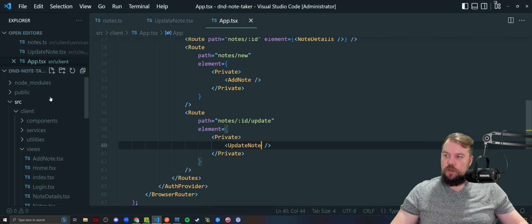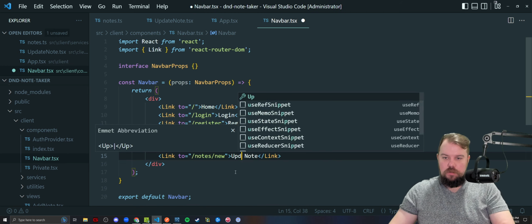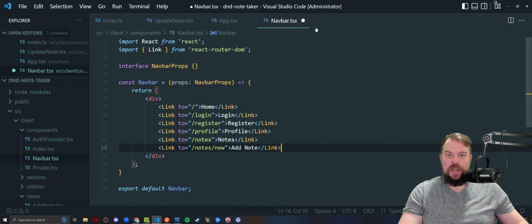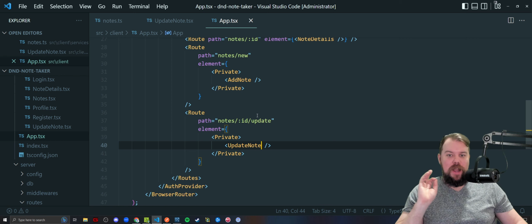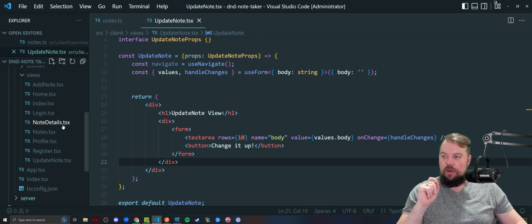Our navbar should also include that as a component. Update note. Now, again, this cannot be added to our navbar. JK, LMAO. We're not adding it to our navbar. Why? Because my navbar wouldn't be able to know what note ID I'm trying to update, which is important to know, right? We have to know which one we want to update,